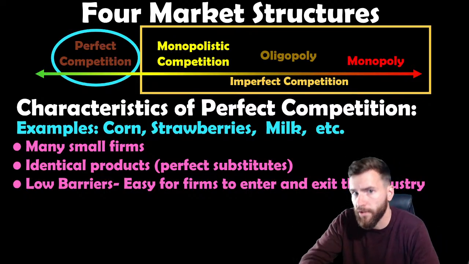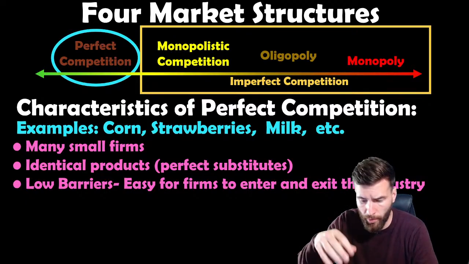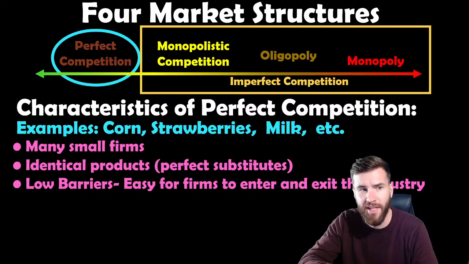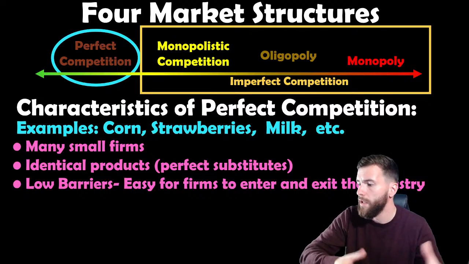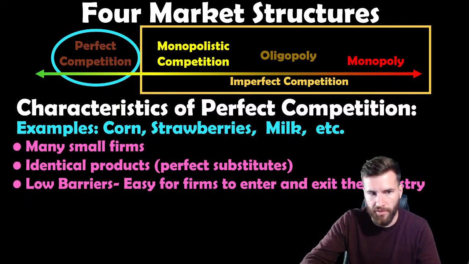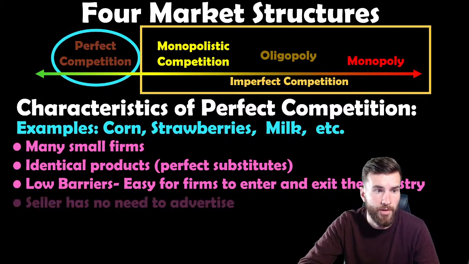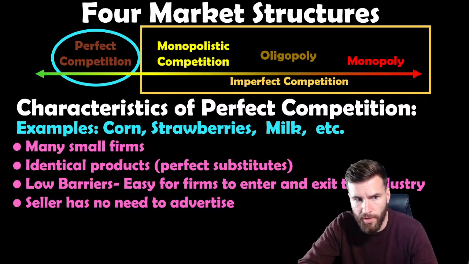Obviously, we talk about other market structures like the airline industry. It's very hard to open up shop and compete with Delta Airlines right now if you wanted to, right? It'd be insanely difficult. But to grow strawberries typically is pretty easy. Well, it's not easy to do it, but it's easy to enter into that industry, right? You just need land, et cetera, and start growing strawberries, right? So very, very low barriers of entry is very, very important. It's going to become key when we talk about a firm operating in this market structure.